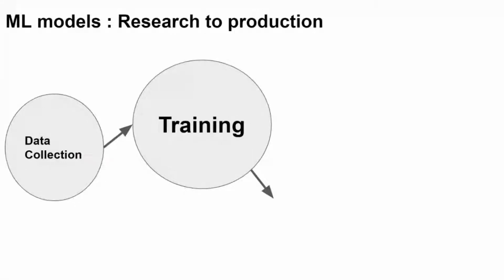Training is an integral part of it. That's why it's a big circle at the end of the day. It's a big chunk, which takes a lot of engineering. Of course, data collection is also a part of engineering, but what becomes an amazing problem statement in a data collection process is annotation, getting the right source, and formatting the data. For example, you have JPEG data and you have PNG data, and the way noise is handled in JPEG and PNG is different. That's how different they are. So training has been done.